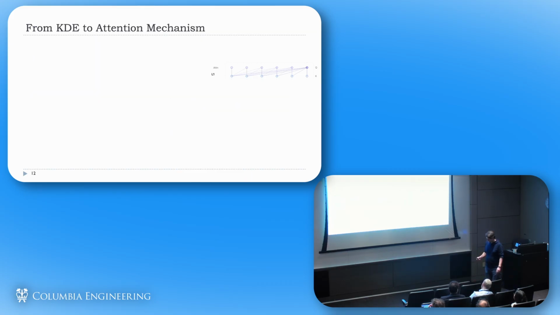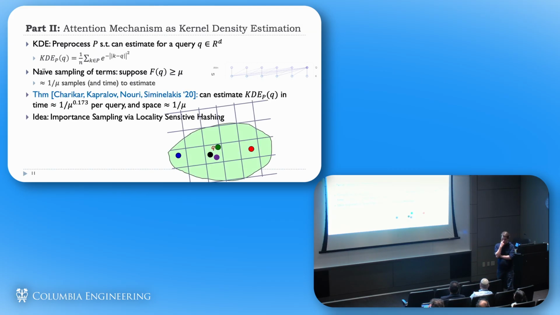Right. So in this hashing, this is the sort of pre-processing that you're talking about? Yes, the hashing will be pre-processing. The pre-processing will be that before I see the query, I partition the space and I put every point in each cell. So I organize the points in a particular way. So when the query comes, I say, well, now take a random sample from here. Do this a few times.